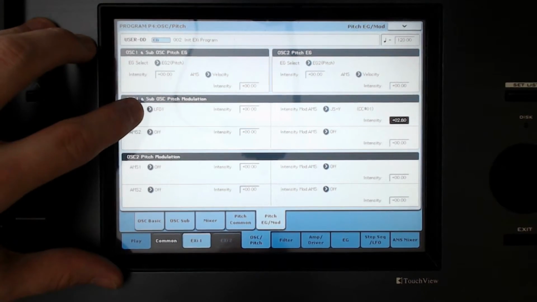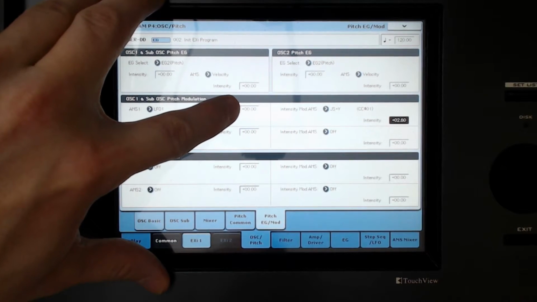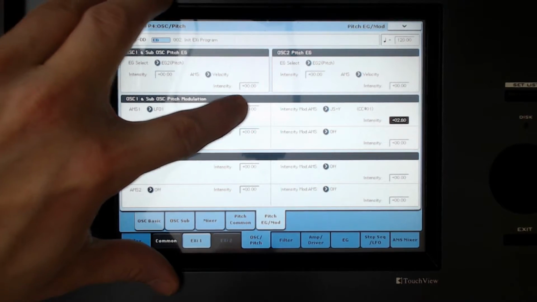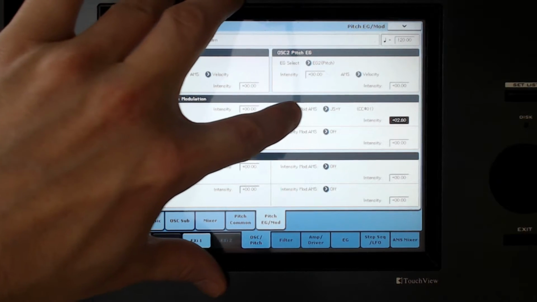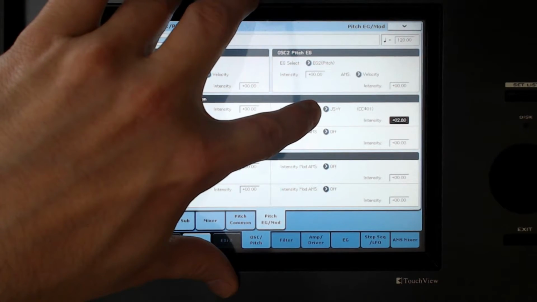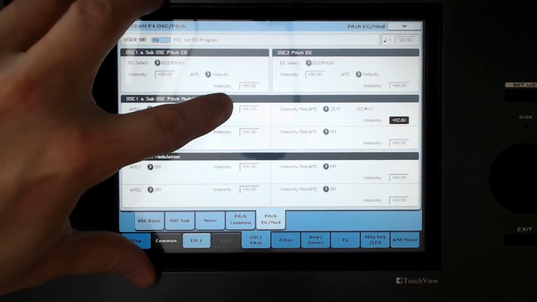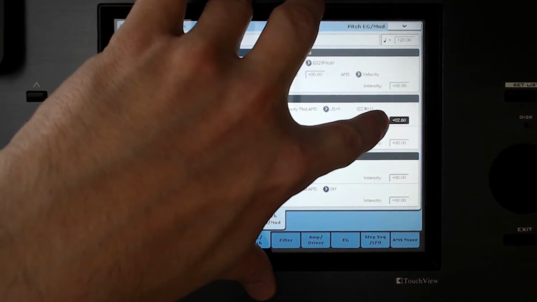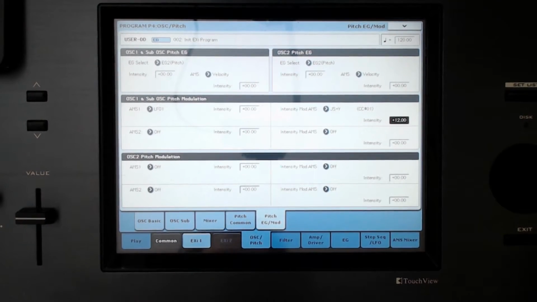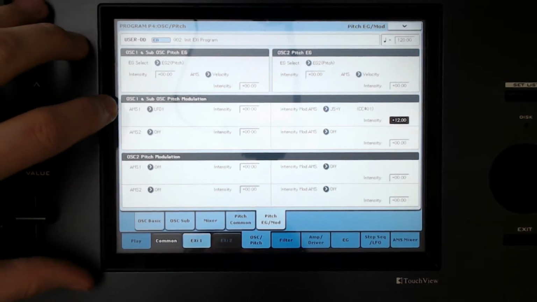So we're saying LFO1, by default it'll affect it this much, in this case not at all, but then we have our intensity mod, alternate modulation source. In this case we'll use joystick plus Y, so when we move the joystick up, by default it's nothing, but it'll go as much as 2.6. Now if we were to put this at like 12, for example, it's going to affect it a lot. Okay, so the idea or the premise here is that we're going to tell the oscillator to be controlled by